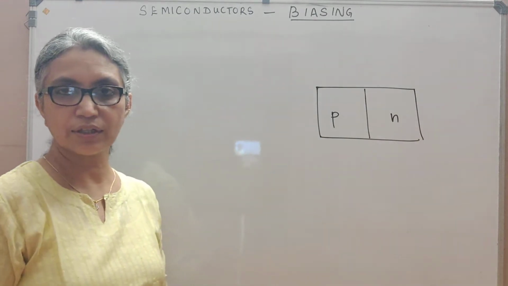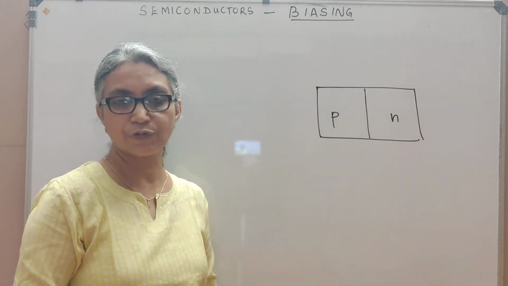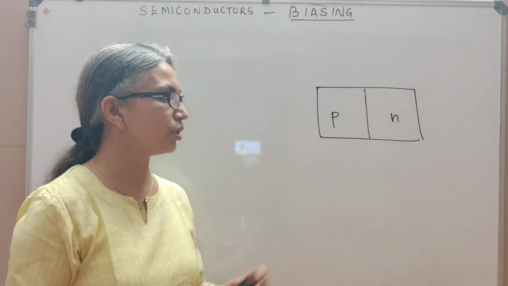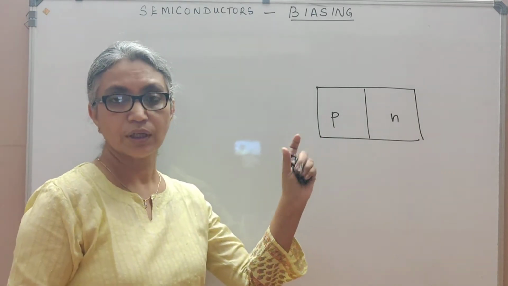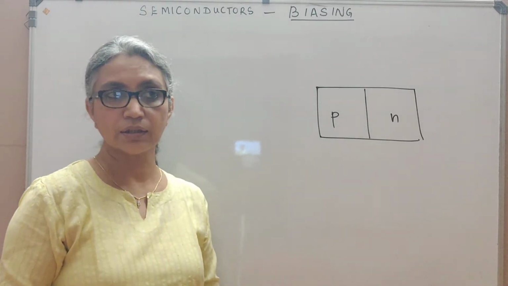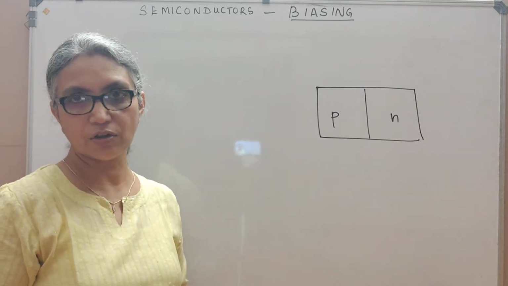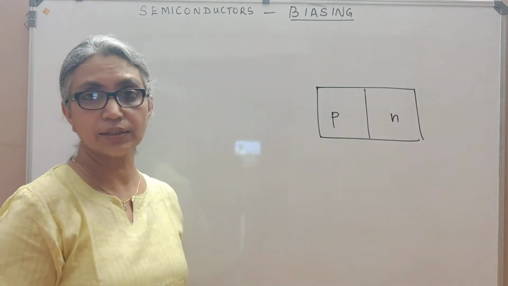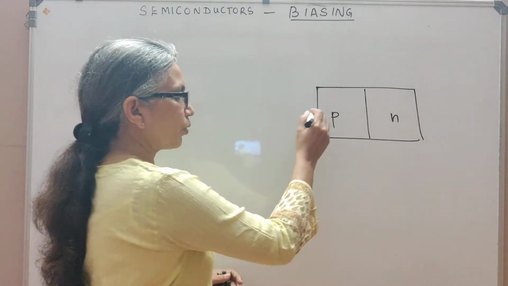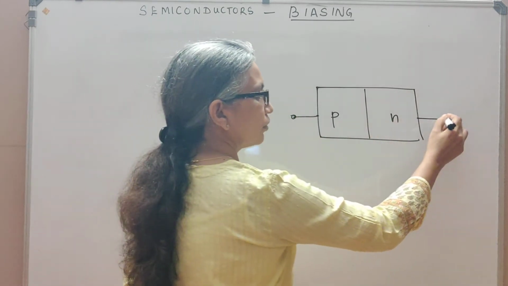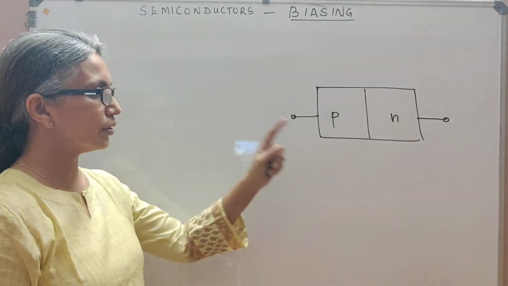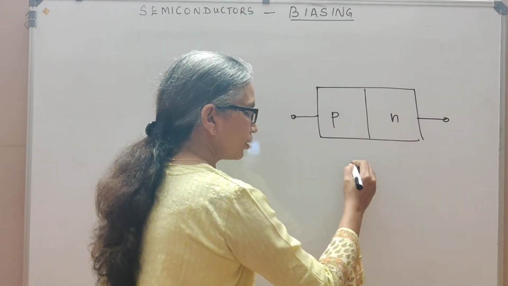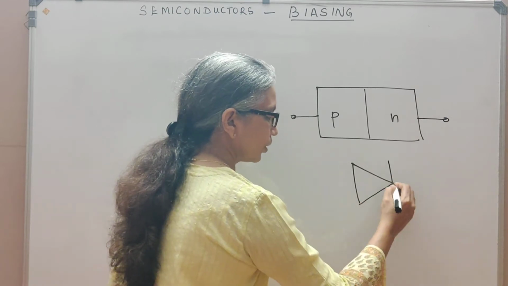In the previous session we already discussed the diffusion current and the drift current, the two processes that take place during the formation of a PN junction. The diffusion current is due to the majority carriers and the drift current is due to the minority carriers. And this PN junction is what you call a semiconductor diode, which will be provided with two terminals where you can connect it to an external circuit. So this is a semiconductor diode, and the symbol for a diode is this, okay?